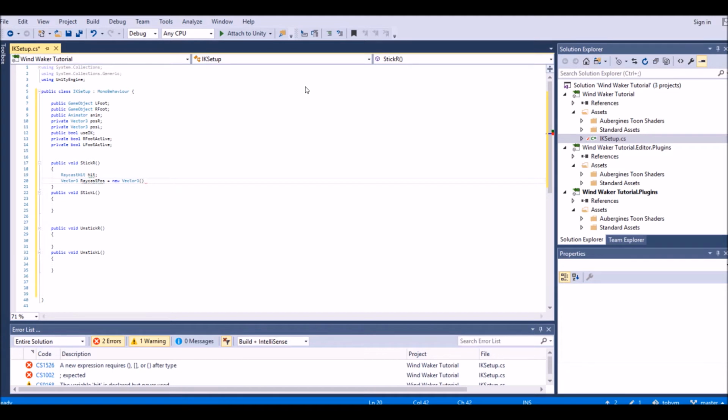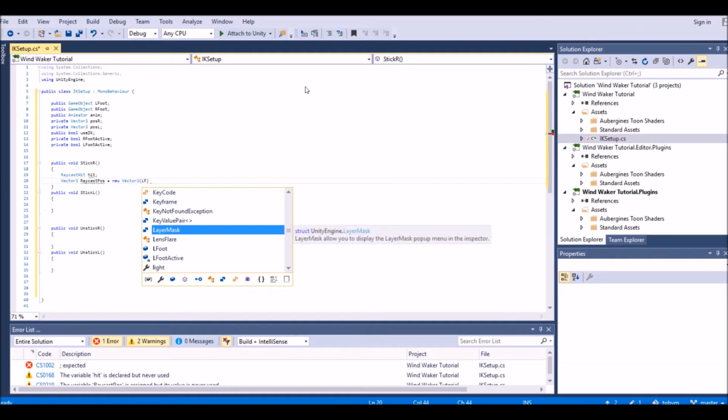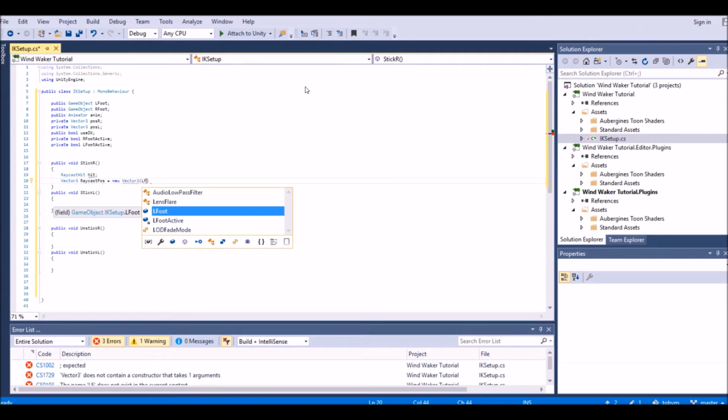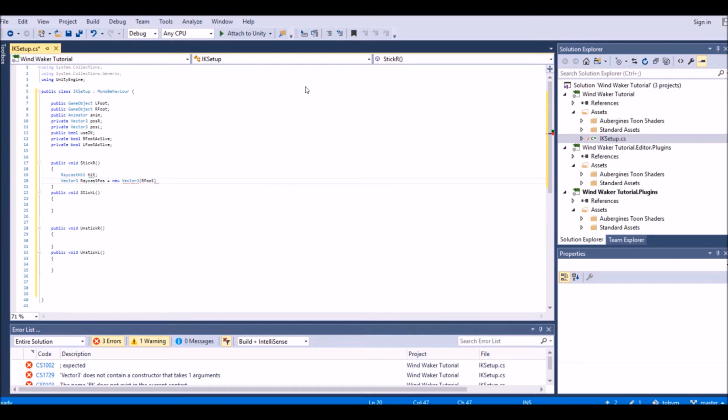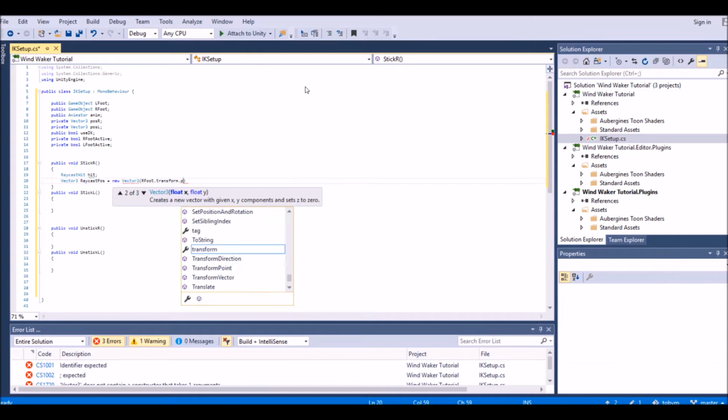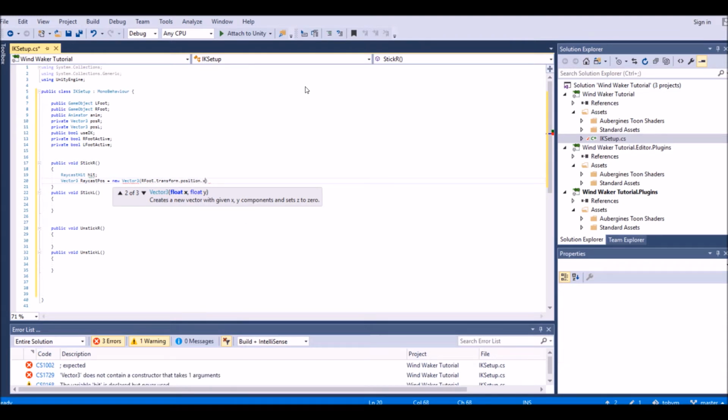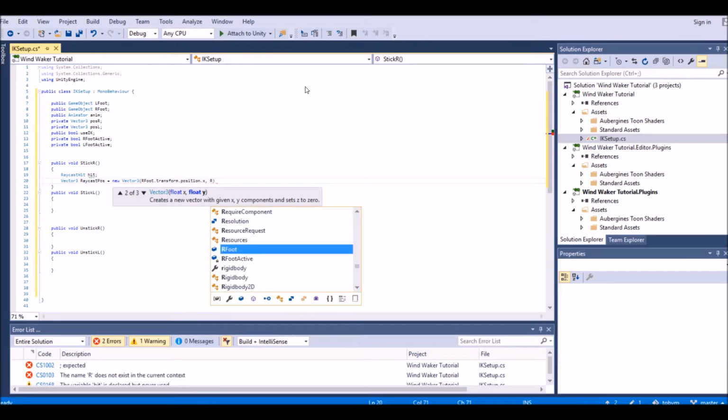And this is basically getting the position of our foot, and also detecting what's in front of our foot. Alright, so we're going to take our left foot, actually we're going to use our right, sorry. So rightFoot.transform.position.x. Then we're going to take the rightFoot.transform.position.y